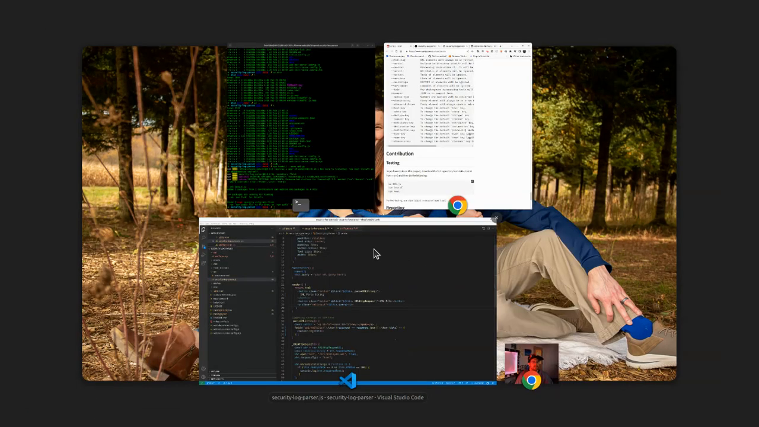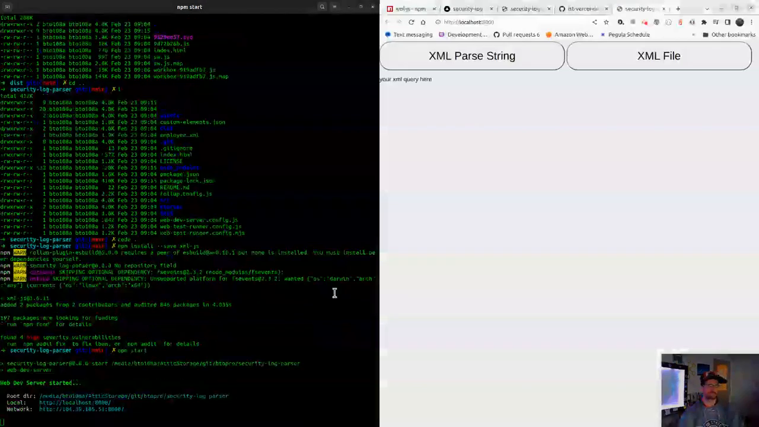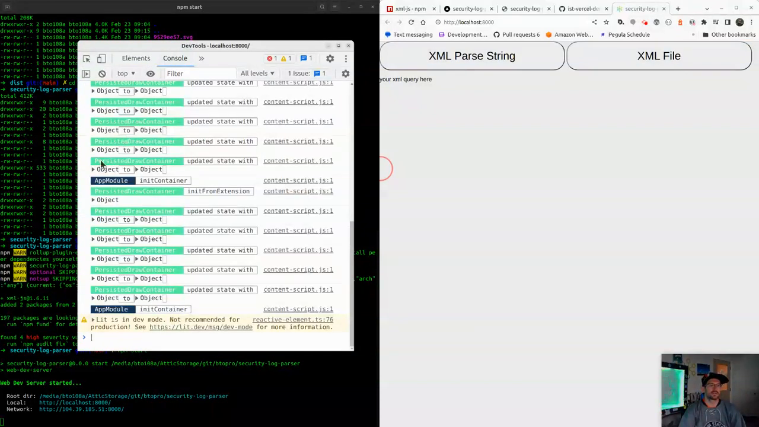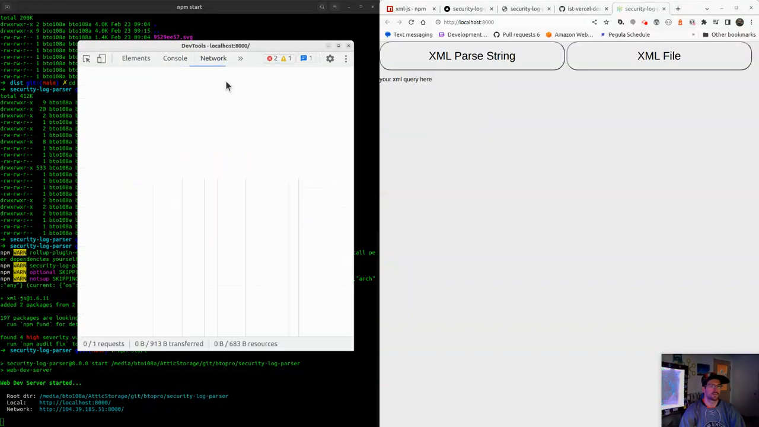Save these, and now I have to do two things. I have to do npm start, and that spins up my front end. But for Vercel to work, and I'm going to show this not working, I click this, it says, hey, unexpected syntax. And if we look in the network,